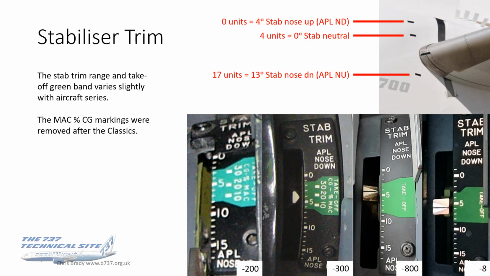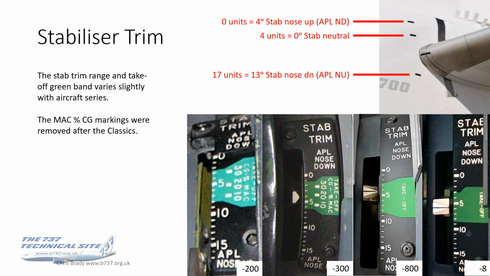The stab trim range and takeoff green band actually varies slightly with the aircraft series. Now, not a lot, but a little bit. And you can see I've just collected together some photographs from each of the generations. The green band actually changes for the individual series within a generation as well, but again, not very much. But you can see it's roughly around the 2 to 3 to just over 8 mark, again depending on